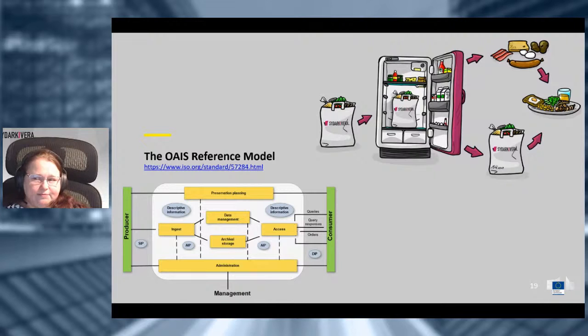I put that in a bag. That's my CSIP, my information package. I can store that in my fridge. That's my archive. And when I put it in the archive, I can do it in a number of different ways. I can either just put the bag in as it is, or I can sort it according to what it is. And then I have a researcher.